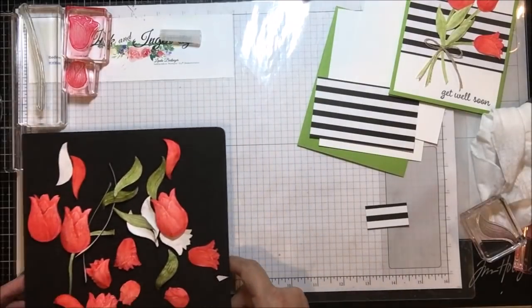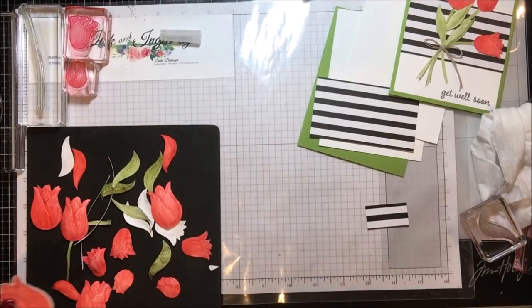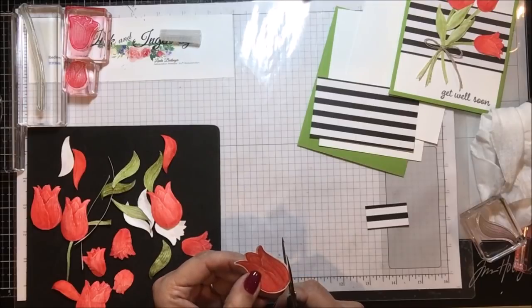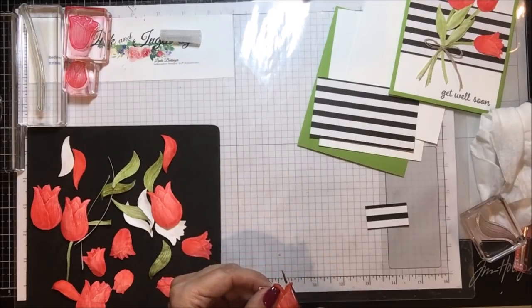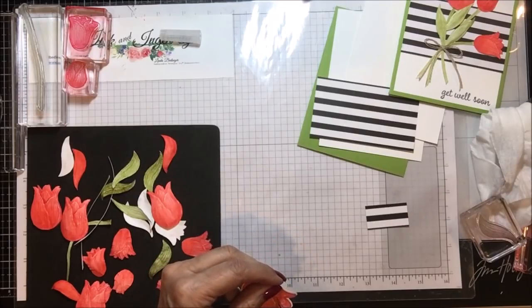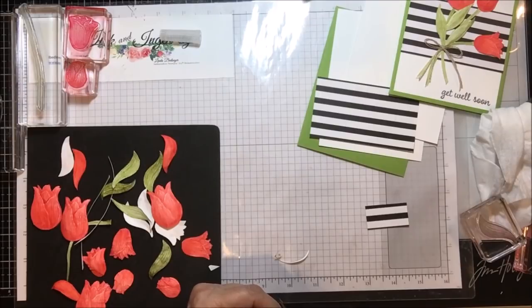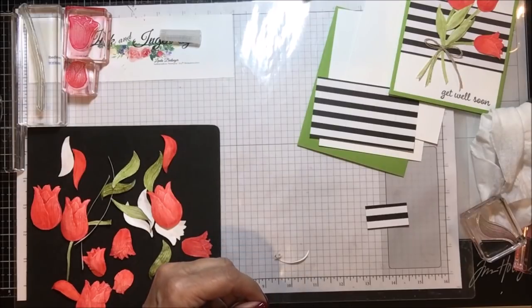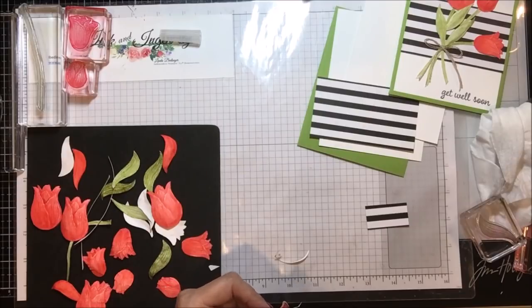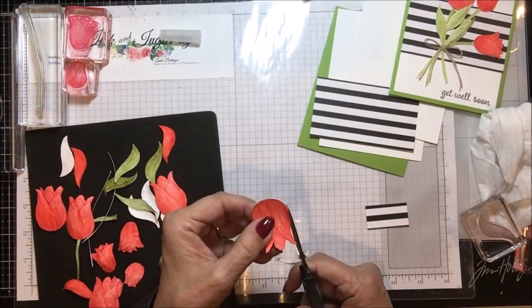So what I have here are a bunch of these, well, I'm going to do this one. And I went ahead and used the punch to kind of get it down to where I wanted it. And then I did fussy cut around the tulip because I didn't want any white border to show on this at all. Believe me, once you get it cut down this far, this cutting is a piece of cake. So I'm going to continue cutting around here